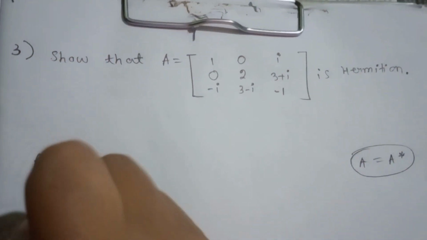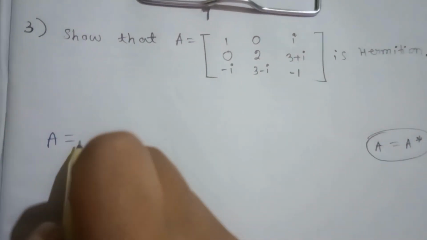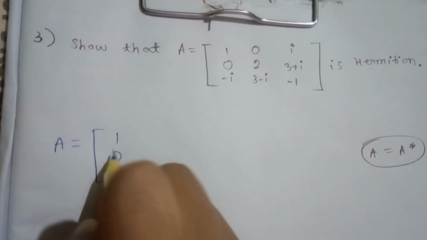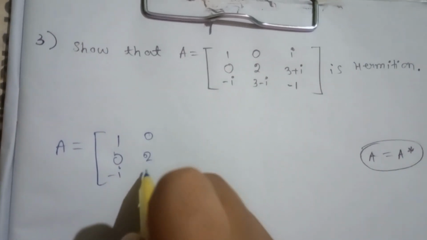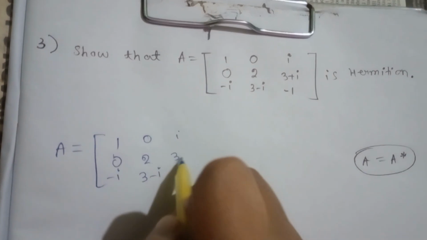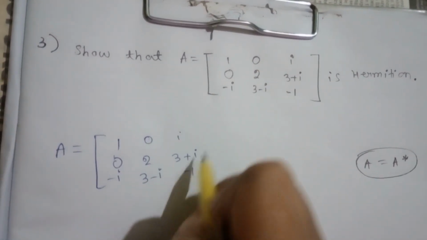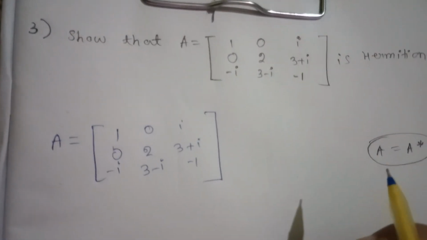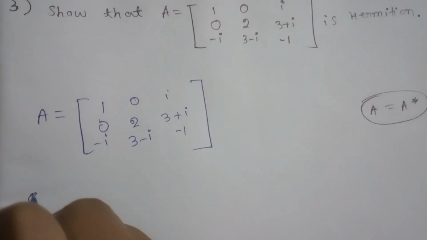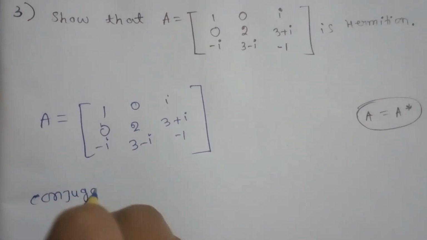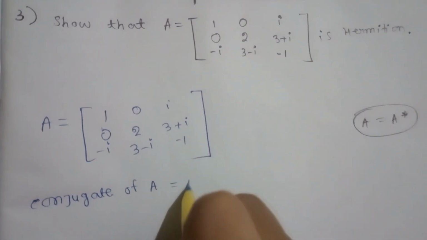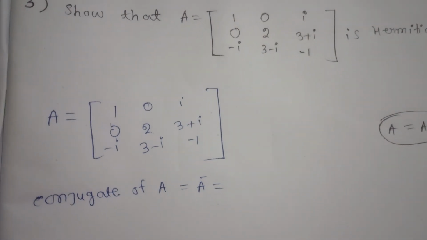Rewrite it. A is equal to [1, 0, -i; 0, 2, 3-i; 3+i, -1]. At first, the conjugate of A, that means A bar, is equal to,